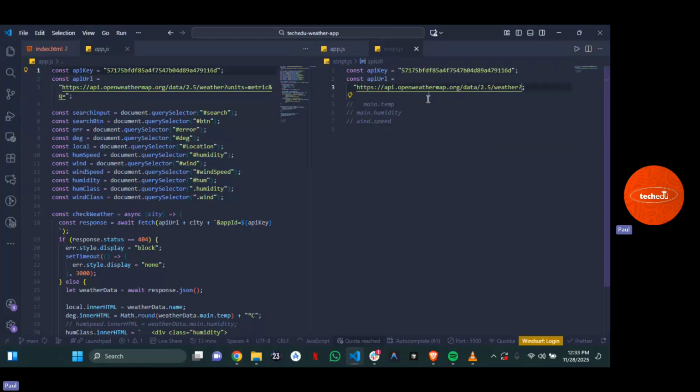I remove the API here. Now in this place, I can say units equals metric. So we've added the first parameter. First parameter is units equals metric. Why are we using metric? Because we want our units to be Celsius. Good. Now the next thing that we're going to add is